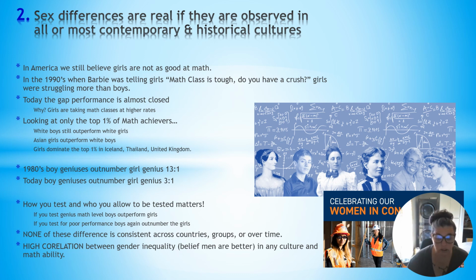XY chromosome, and that's because the Y chromosome is not necessarily believed to carry a lot of genetic information. So if there's some kind of problem with the X chromosome, you don't have a backup like with girls. You have an additional X chromosome to give that backup of information. So you tend to see more boys at that lower end of the level, or more genetic issues, more recessive genes tend to occur with boys. That's why boys are also more likely to be colorblind, those types of things.